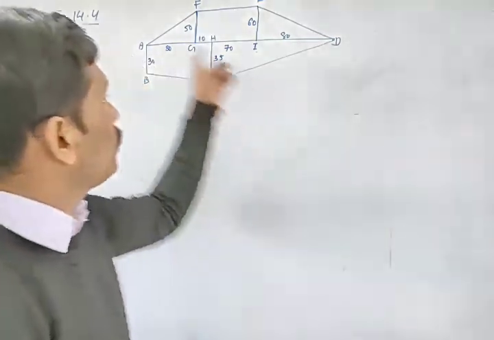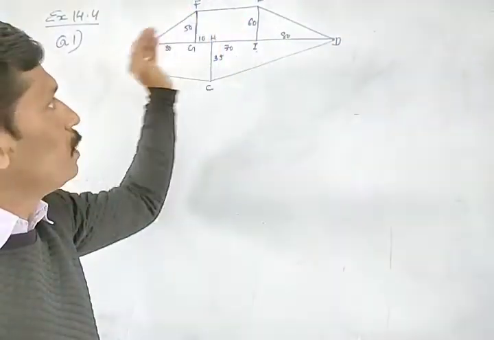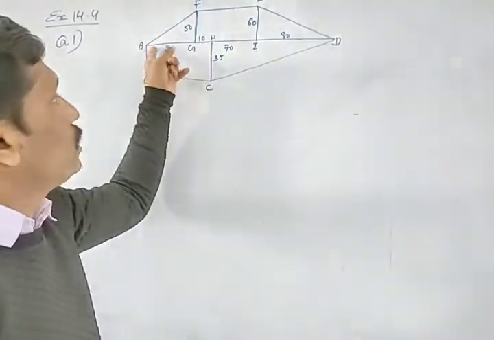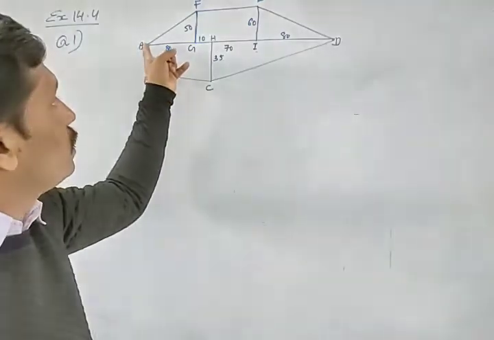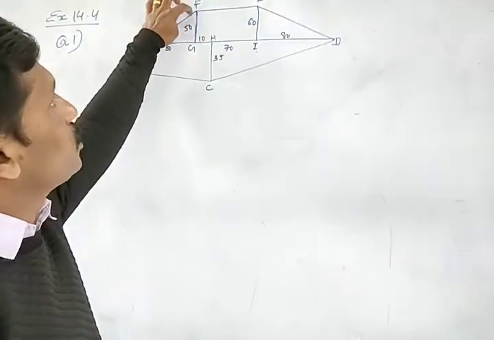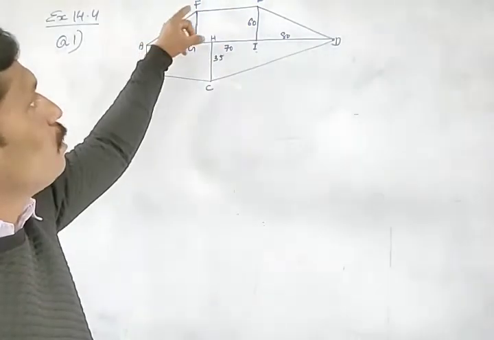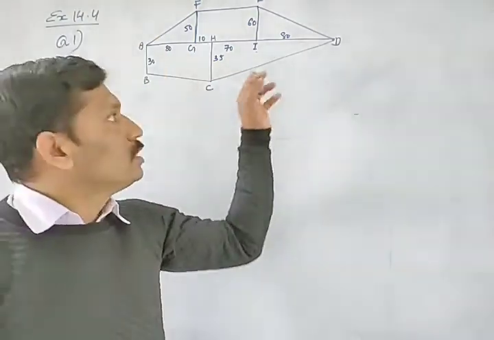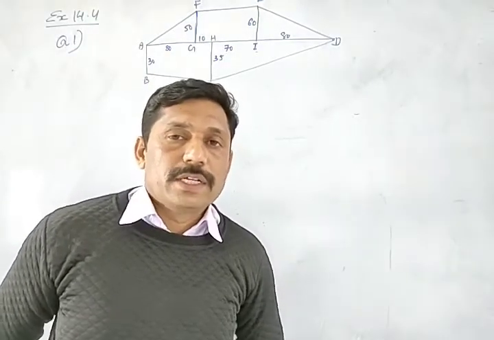So here you can see, suppose this is a plot of land and in that there is no particular shape. So they divided. First they make a straight line connecting the two farthest points. These are the two farthest points in this figure. Connecting that, they draw a straight line, and from that straight line they draw perpendiculars to each and every corner, the main bends. From that bend they draw perpendicular lines to the diagonal, and then it is divided into different figures and then find out the area of this total land. This work is called the field work.